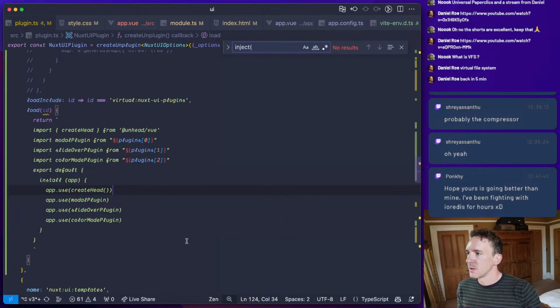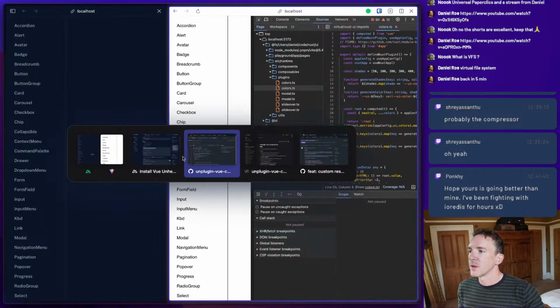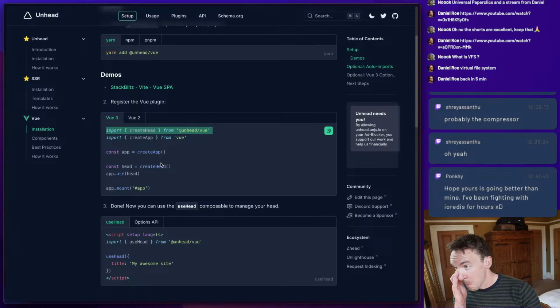Why would this not work? Because I would fully expect, because we've just followed the steps here, head, app use head, and then you can use it.